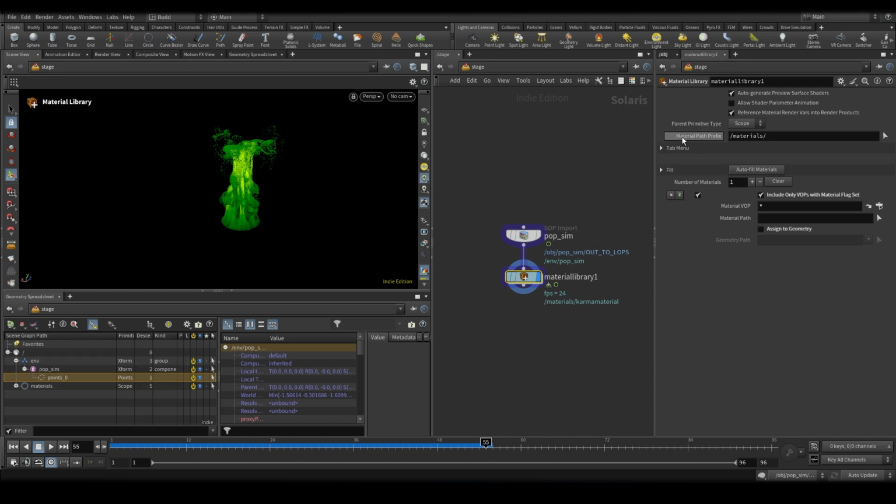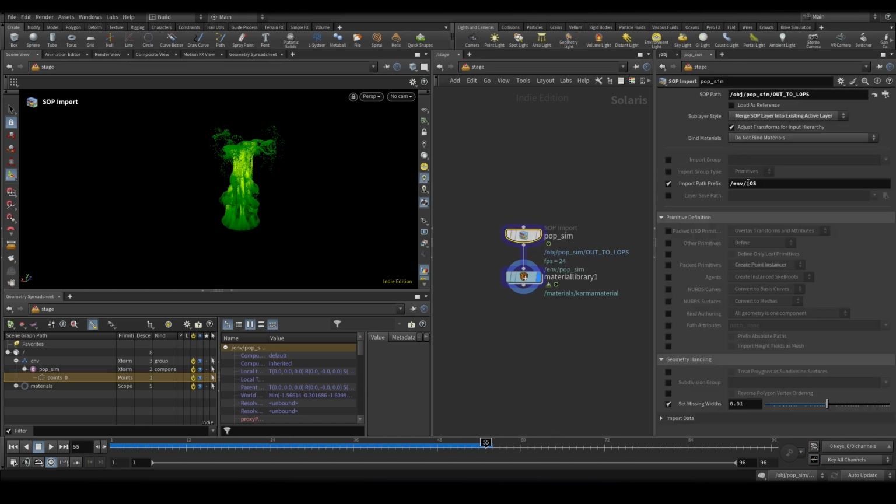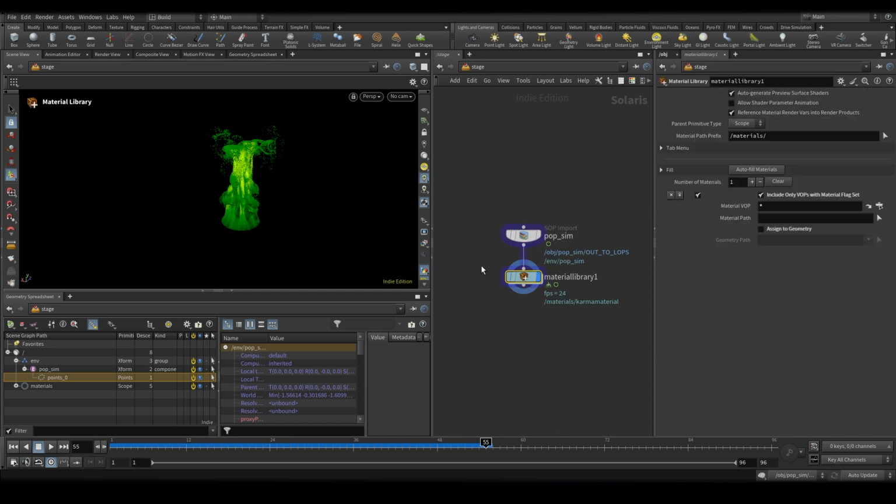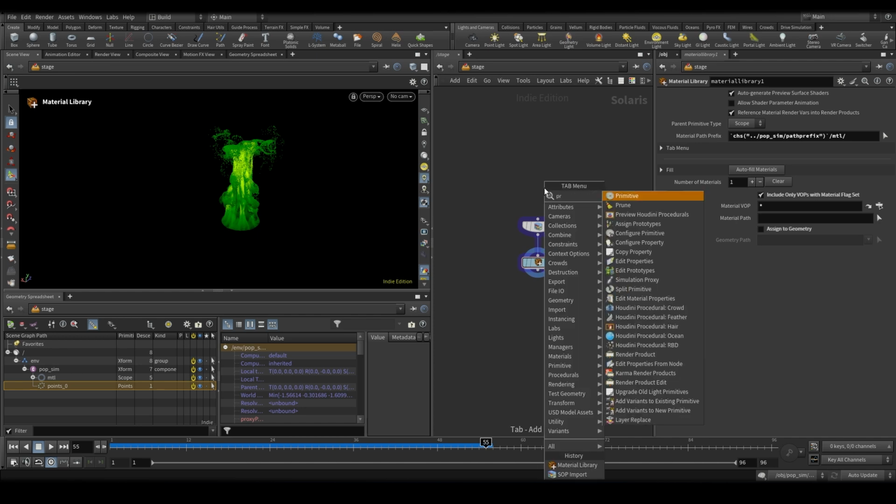So in order to do that, under my material path prefix, I'm going to go ahead and copy parameter. Right here, I'm going to click paste relative reference. And let's call this MTL. Because why not, right? We want to be different. So then now you see here when I middle mouse button, it says environment, PopSim, MTL. Now, once again, I want to make this a little bit more procedural. So I can do a primitive node,